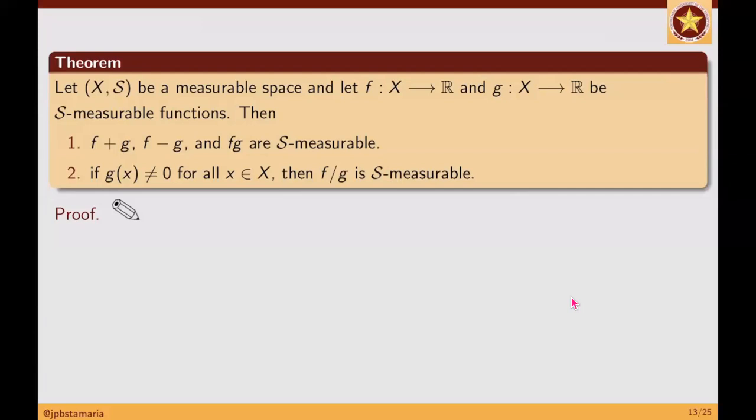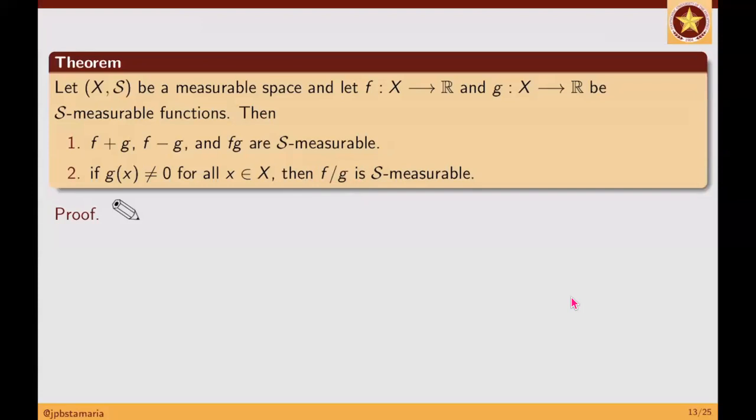Bakit sinasabi ni Sir na for most of the interesting cases? Kasi sa division, meron tayong provision. Syempre, ayaw natin yung pagkakataon na si g of x ay magzero kasi nasa denominator siya. Actually, ang ipapakita ko lang dito, yung plus. Pag nagawa na natin yung plus, alam na natin yung lahat. Okay, we'll see.